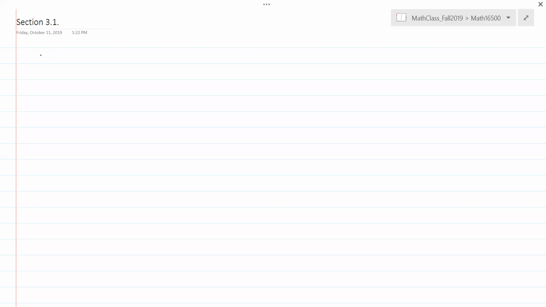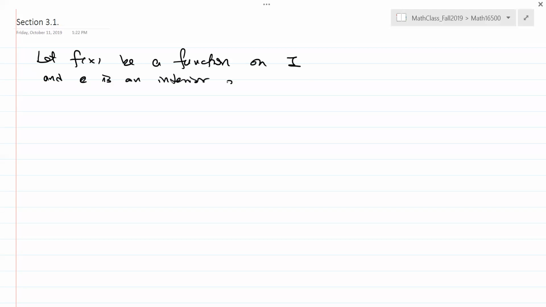So let f(x) be a function on some interval I, and C is an interior number, inside the I. It's not the boundary point, the end point. Okay, the interval could be an open interval, could be one side closed, other side open, for example,